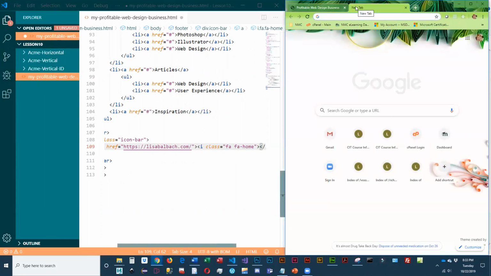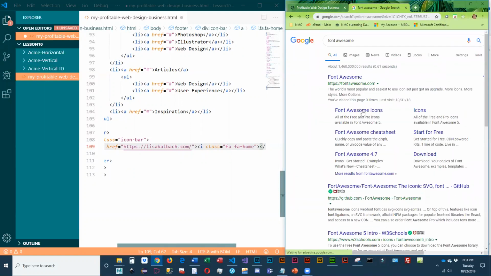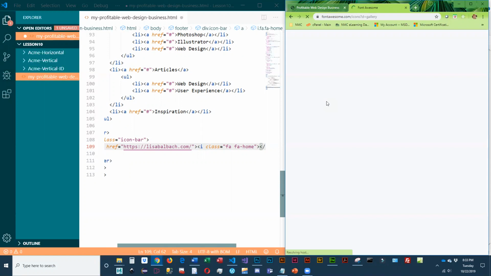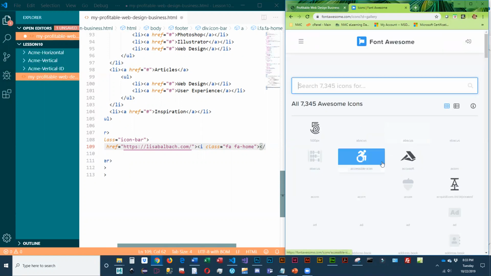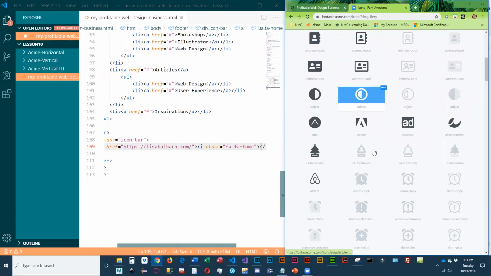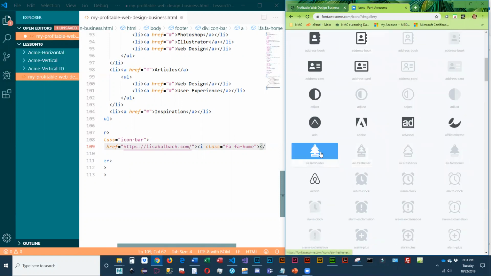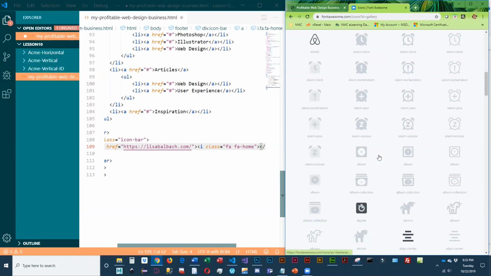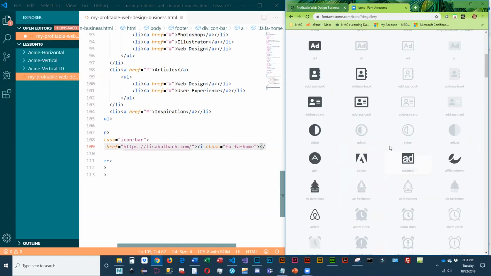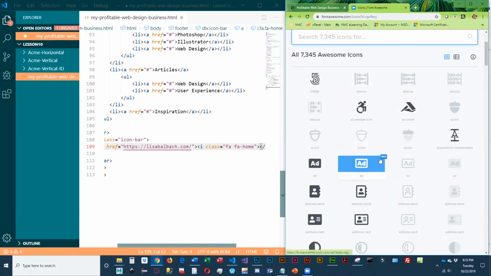So if we come over here and we go into Font Awesome, and it literally has fonts for everything. Okay, that looks like a car air freshener. It's amazing what they have fonts for. Okay, so now it's just showing us the latest ones,